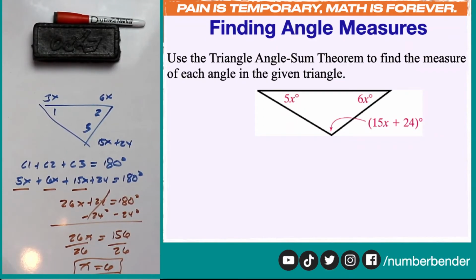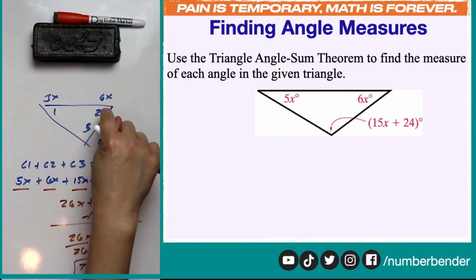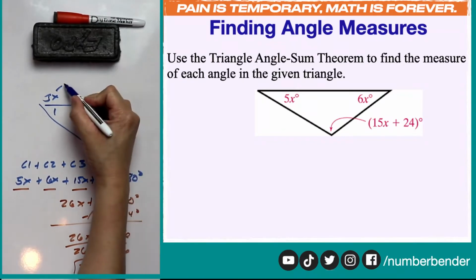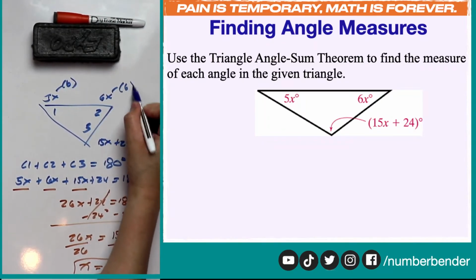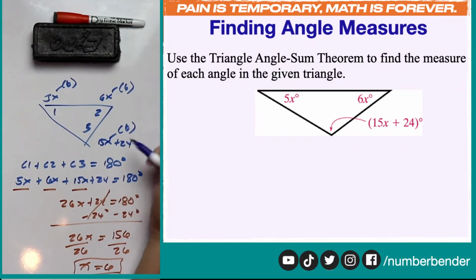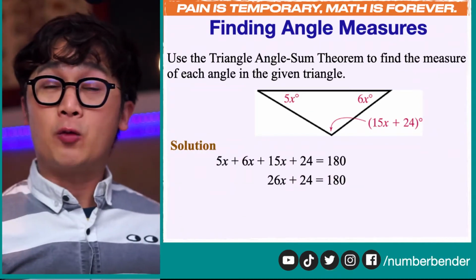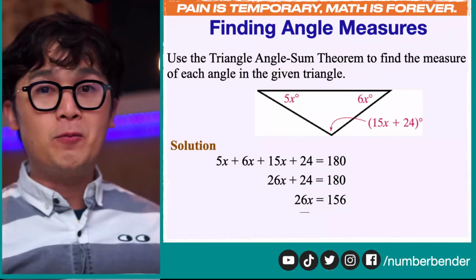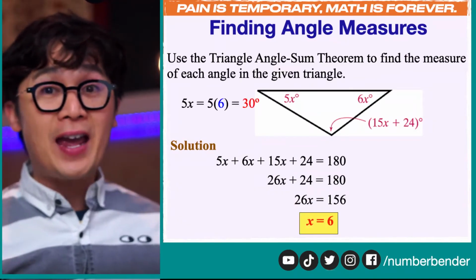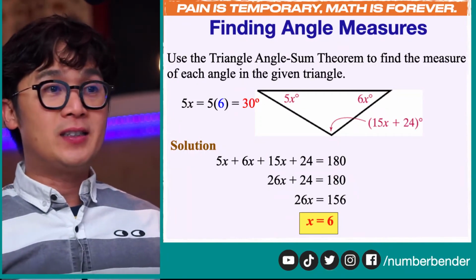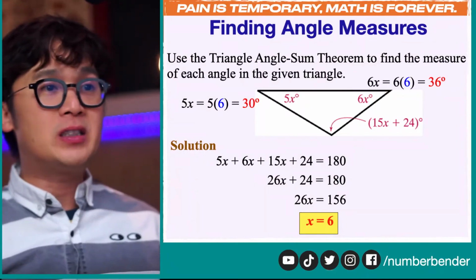And now we're able to use algebra to find the values of angles 1, 2, and 3. To do that, all you have to do is replace x with 6. By formulating the equation using our theorem, we're able to produce the value of x, which helps us find the value of 5x, which is 30 degrees, 6x, which is 36 degrees, and 15x plus 24, which